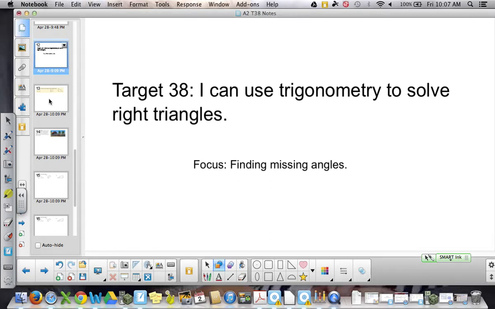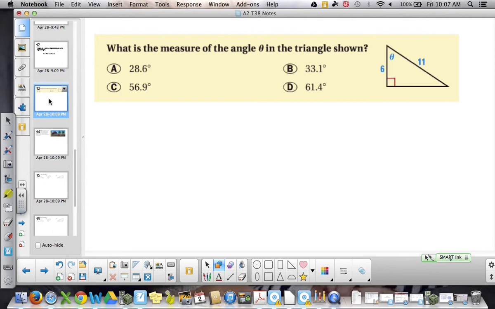So basically the idea here is if I have two sides, or three sides of a right triangle, and again, if you have two, you have three because you can always find the third side using the Pythagorean theorem. But with two sides, I can find the two acute angles. All right, so here I'm looking for this angle right here, theta. I know the hypotenuse. And then the other side is the side that's helping create that angle, so that makes